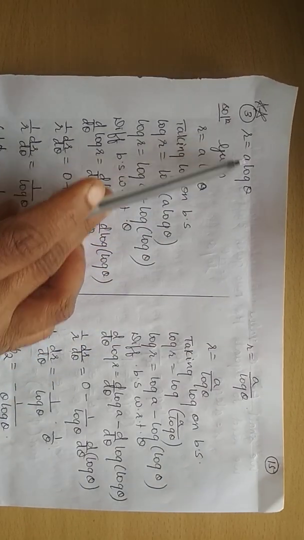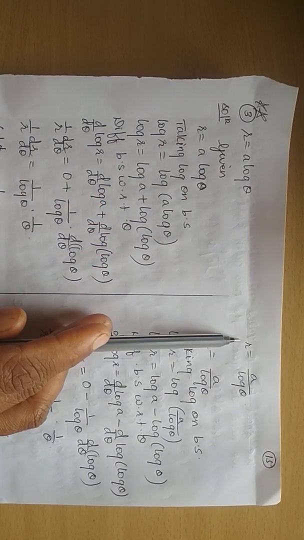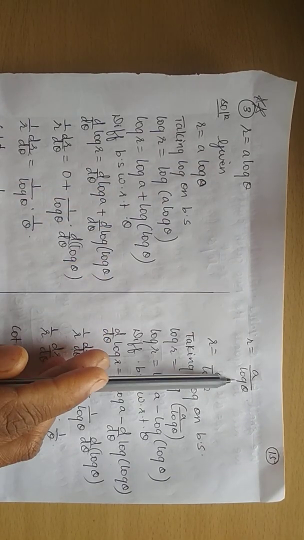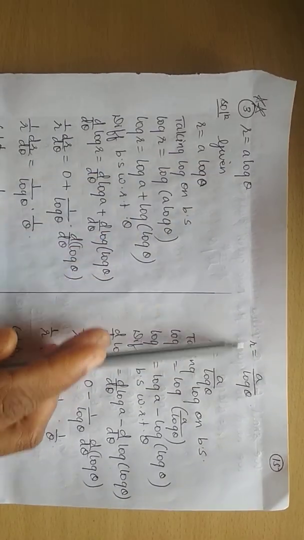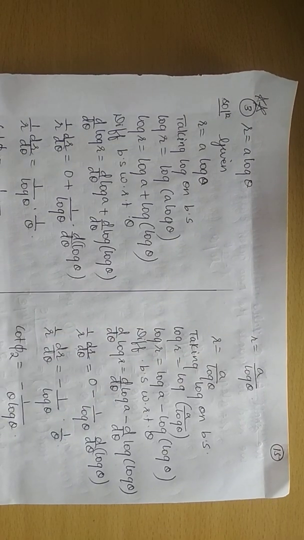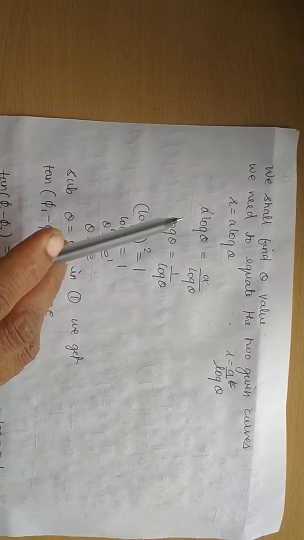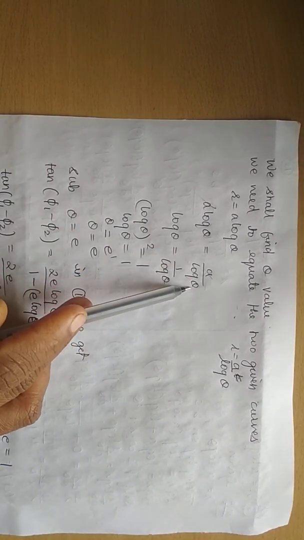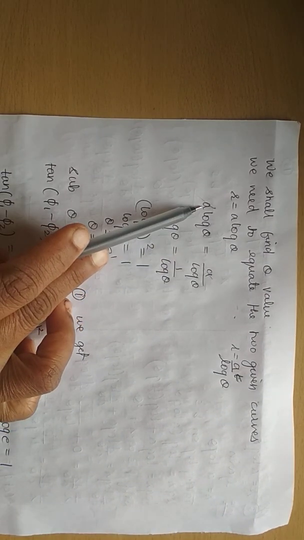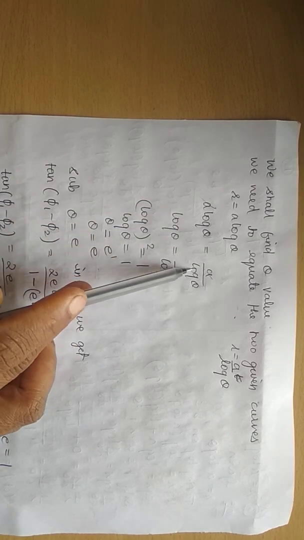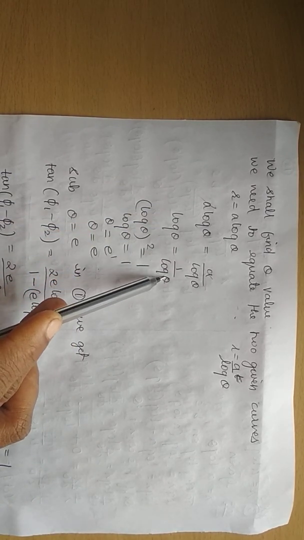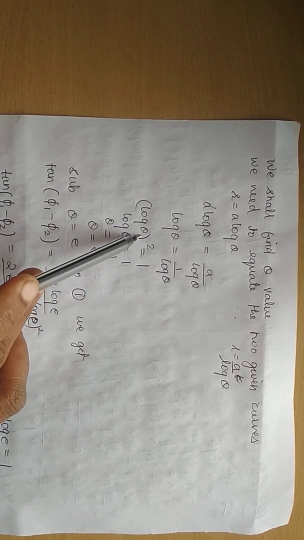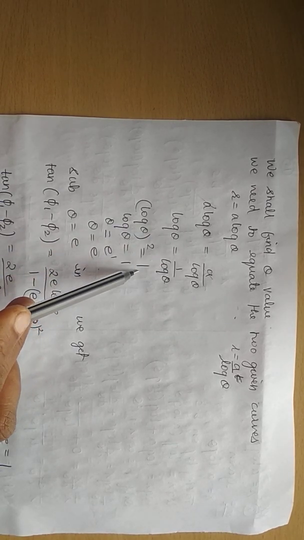So is one of the sides the same for both the curves? Yes, r equals to and r equals to. So what we'll do is, I will equate this quantity with this quantity. When I am equating here, I will get a log theta is equal to a upon log theta. This a and this a will get cancelled. Log theta will go over here. So log theta is equal to 1 upon log theta. This will go this side. So log theta the whole square is equal to 1.